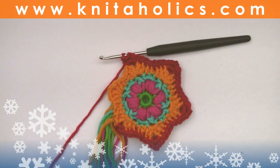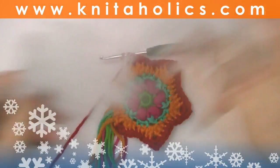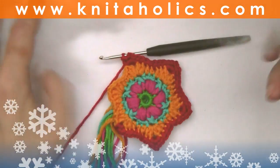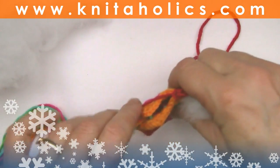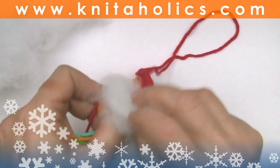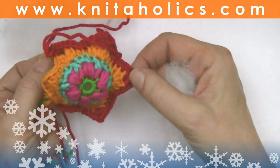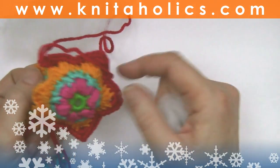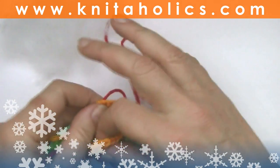When you reach the 5th peak, you could decide to make a little bag, either to fill the star slightly, not too tight, or you could continue and make a little bag out of it, holding some sweets maybe. You would continue crocheting the edge with single crochets on the front side and on the back side, so around the opening